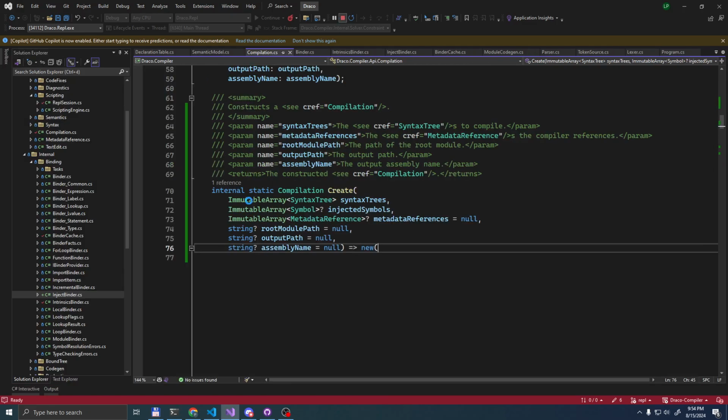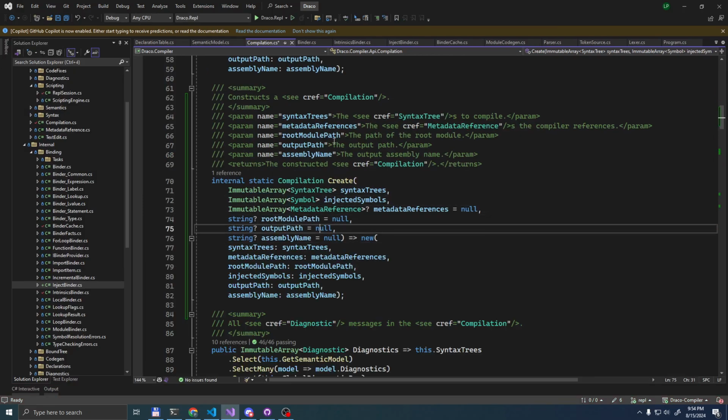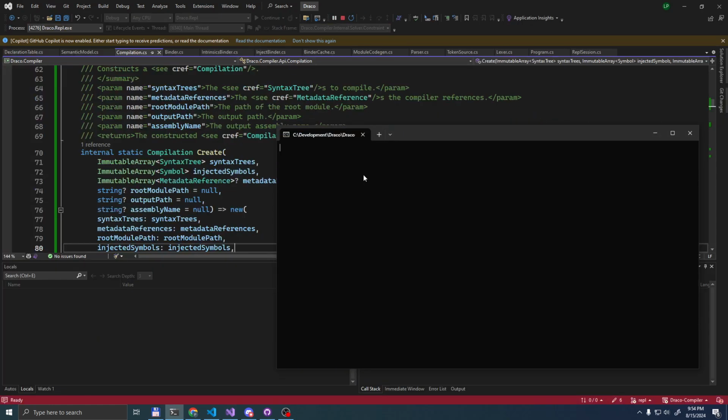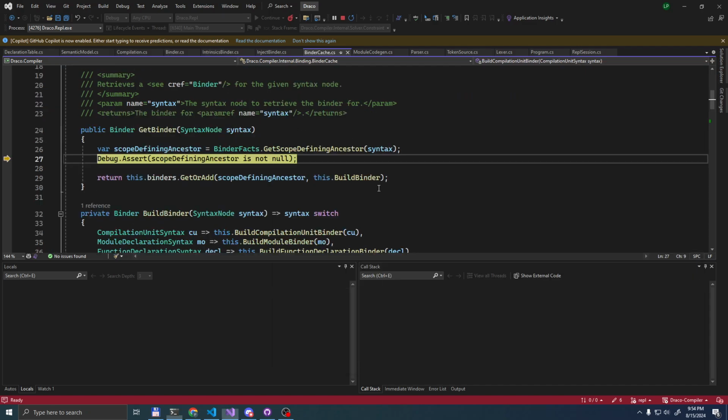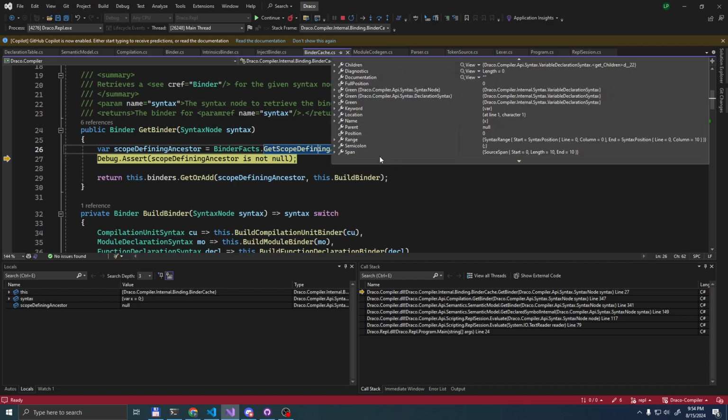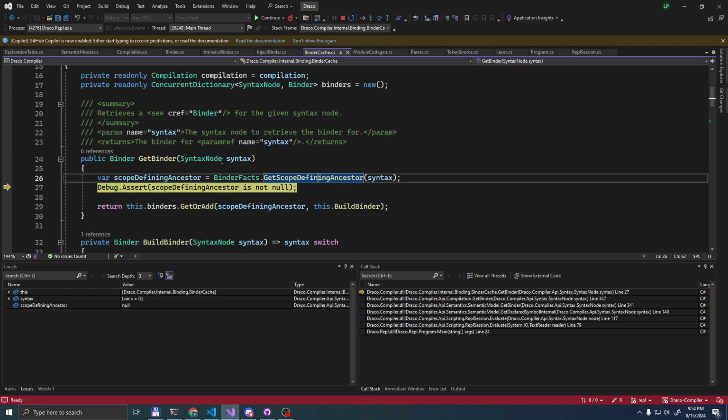And let's actually not make it nullable since we require it. Let's try to define this. Whoops, we have a regression in the binder cache. Oh, we had no scope defining ancestor.